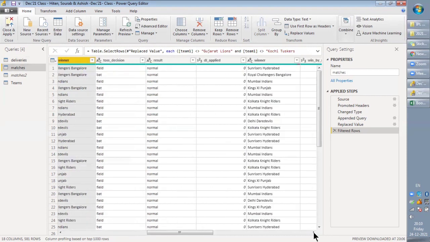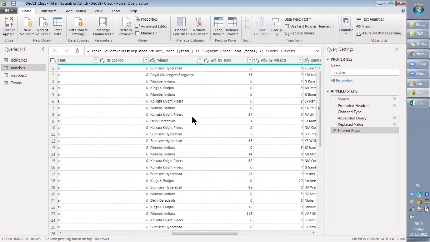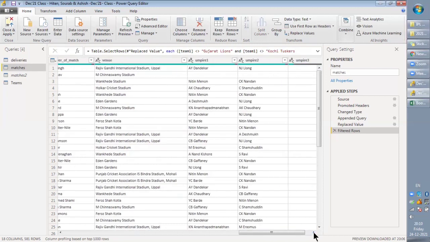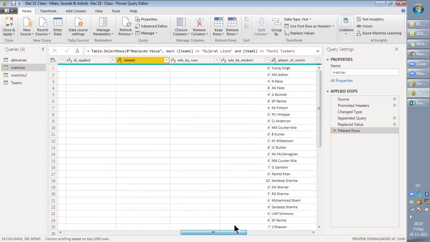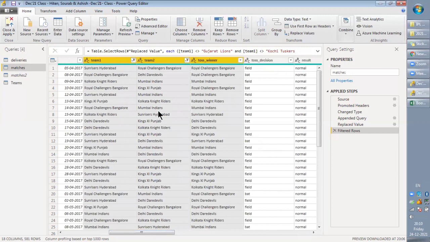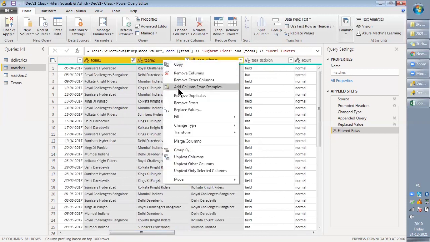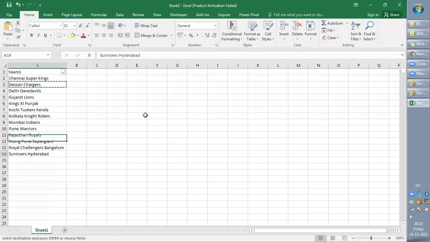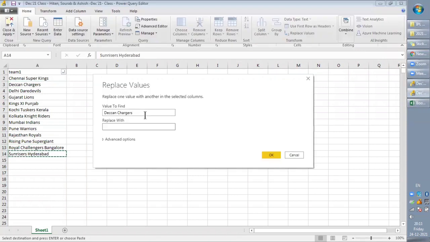Open column, winners, and no other column. Let's go and right click this and value to find Deccan Chargers and replace it with Sunrisers Hyderabad.